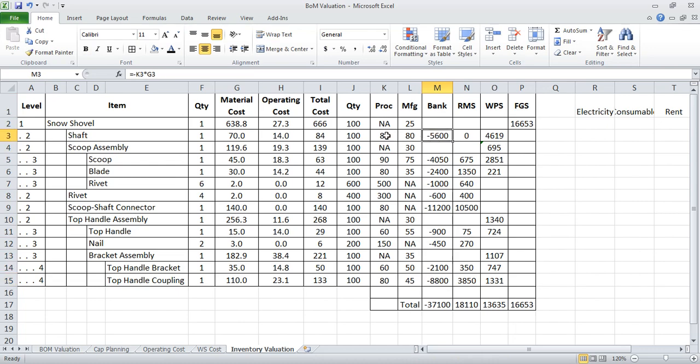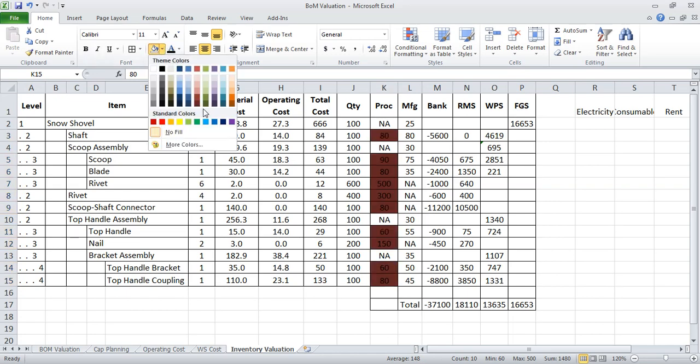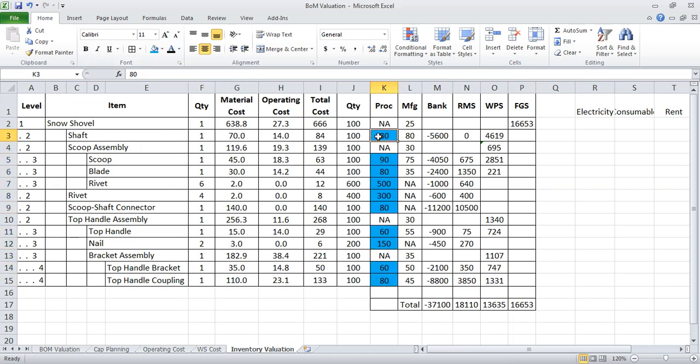Let's say from here, this is the material what has been procured. Let me highlight with the sky blue color. Now, to procure 80, I have to pay at the rate of 70. So these are the corresponding rates available for procurement of the raw material.